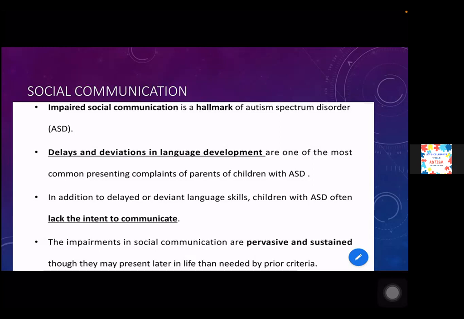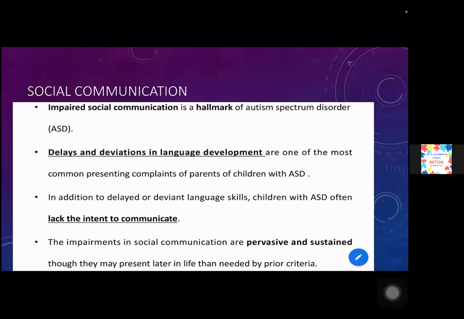That was not quite marked in the parents. They didn't feel the need for taking help at that point. But when the child didn't speak till 2 years, 3 years, that's the time when the parents decided to seek help. So in the Indian population especially, deviation in language development is the most common presenting complaint of parents of children with ASD. In addition to delayed or deviant language skills, children with ASD often lack the intent to